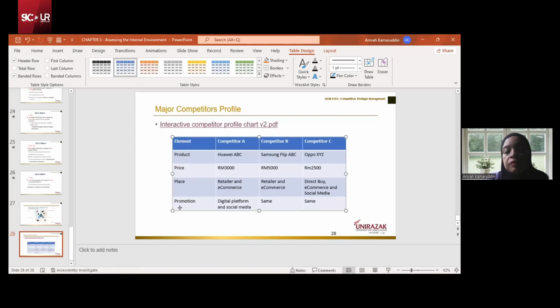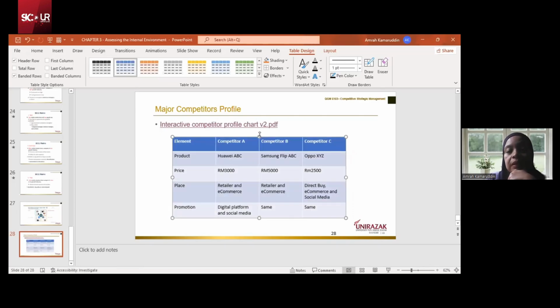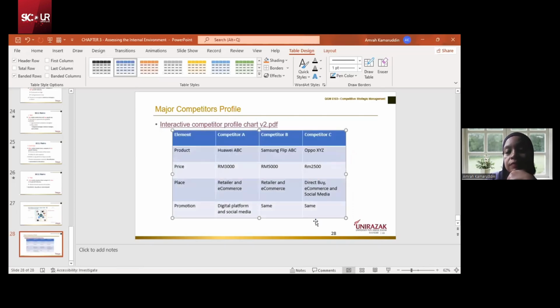So just focus on these 4 only. So no need to focus on the one that I give it to you. So maybe I'll share this in the Europe itself. Okay. So focus on the 4, so you will know what is actually the profile. Maybe what is the product, I mean how they place is actually where they sell the product. And the promotion is actually, maybe they have different kind of promotion, only maybe from digital platform or maybe in social media, or maybe in other, for example, they use a different kind of approach. So you find that kind of